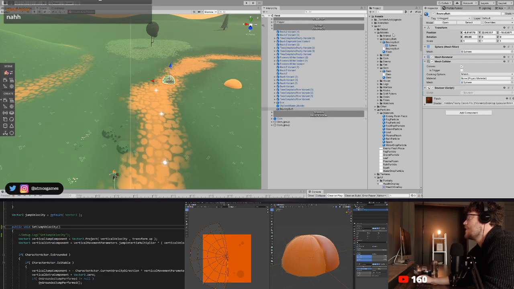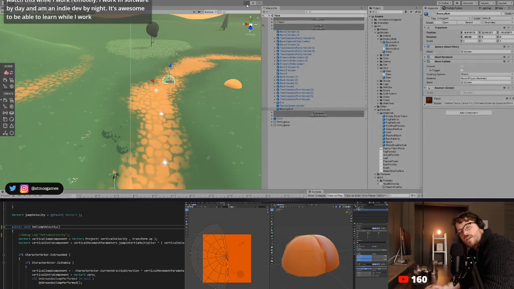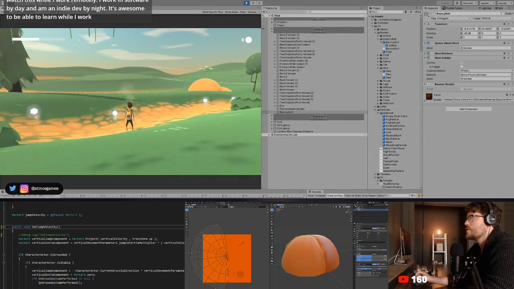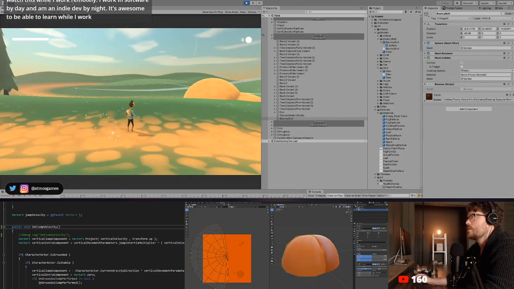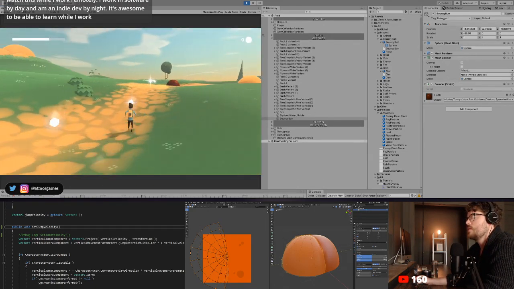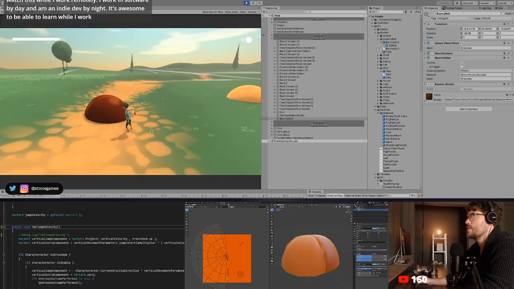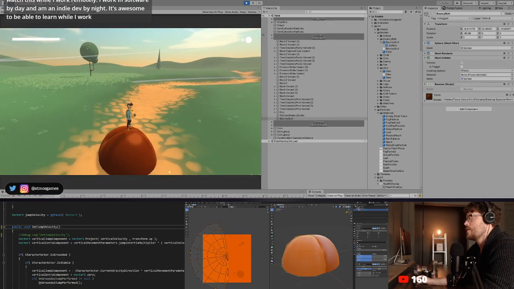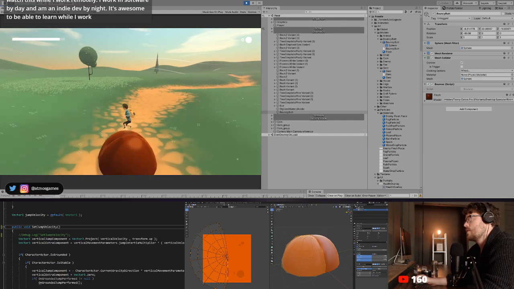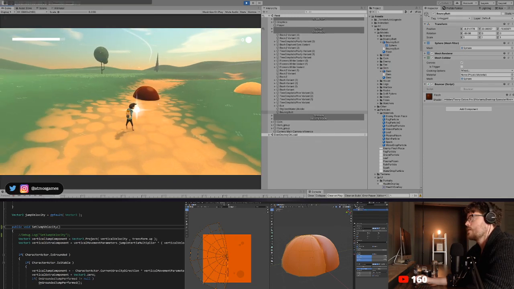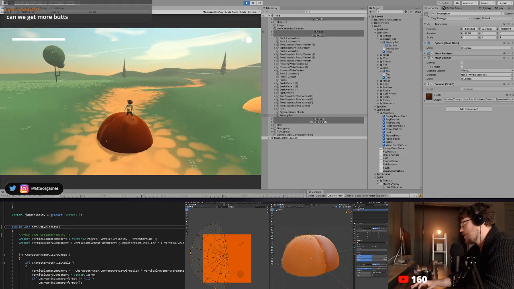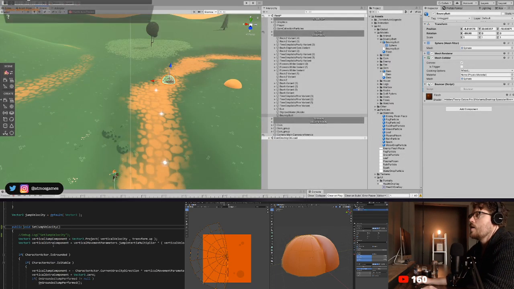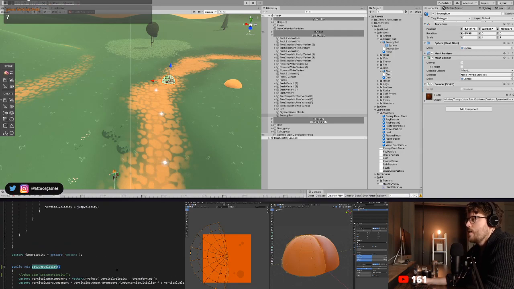Okay. So let's try this out. Let's hit play again and see if that actually does anything. The current function that we're using. All right. Let's see if that does anything. Let's jump on it. Okay, it doesn't do anything. That's okay. All right, so that doesn't do anything. Set jump velocity doesn't do anything, is what I'm saying. Okay, cool. So I think I know why. That's okay. What we need to do is we need to actually,